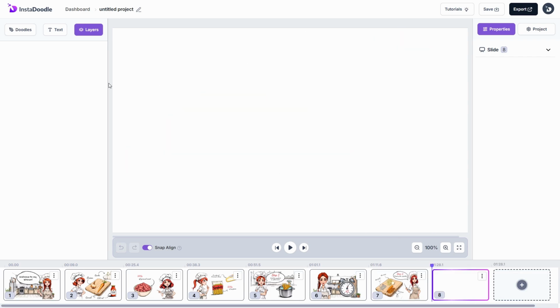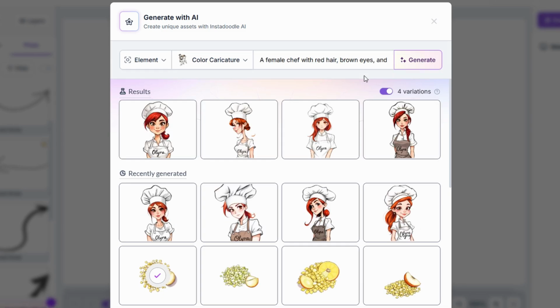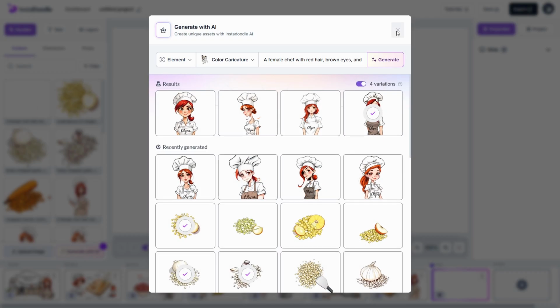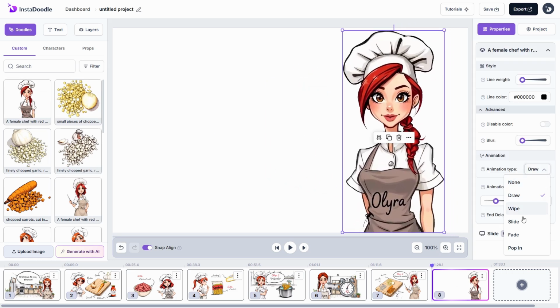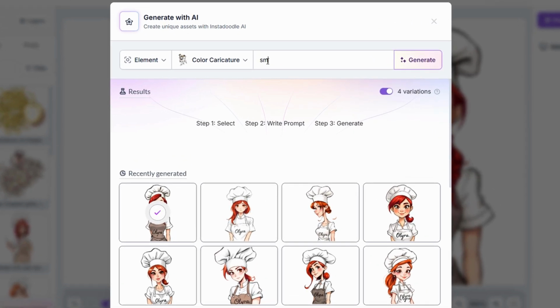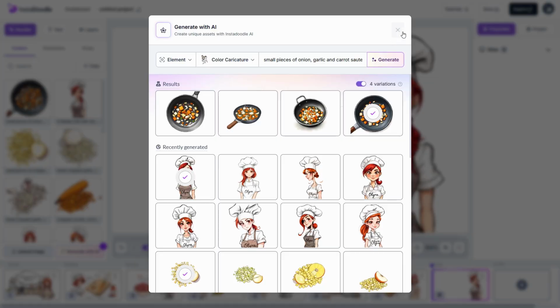where we'll have Maria again with her hat on, so we'll use the same prompt, but we'll also add that she has a confident look in her eye. I also want this scene to have a pan with all the veggies inside of it. So I'm going to use the generate with AI and the prompt, small pieces of onion, garlic, carrot sautéing in a pan. The vegetables are sizzling in hot oil, softening and releasing their flavors, creating a savory aroma as they cook together. And now once we've chosen the one we liked, which is the fourth one in my case,